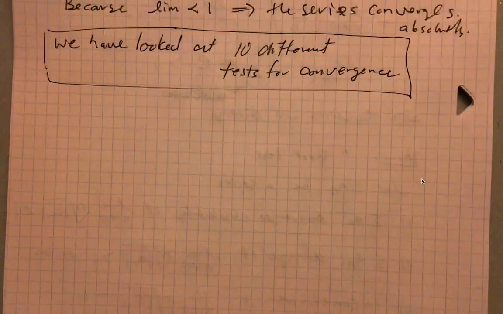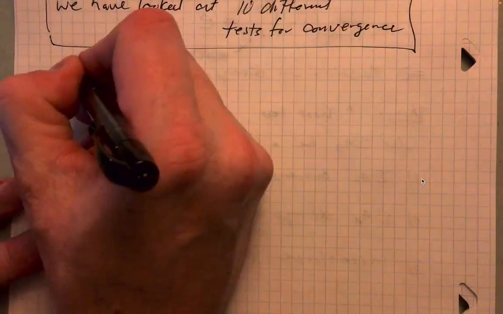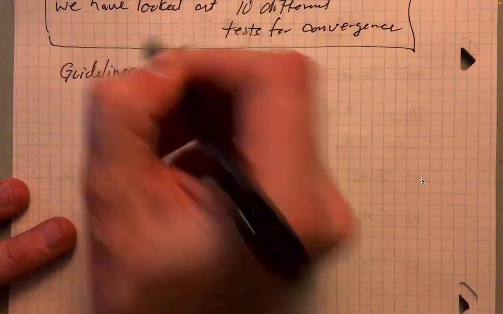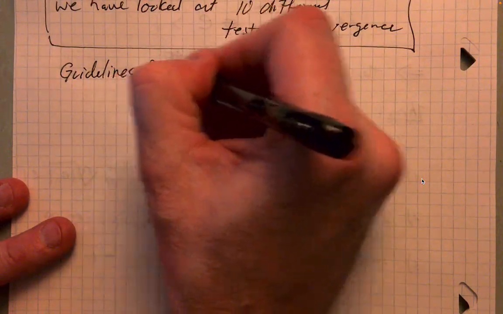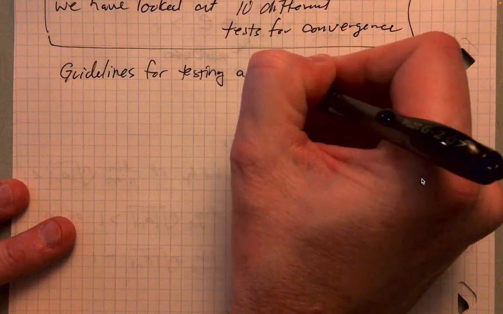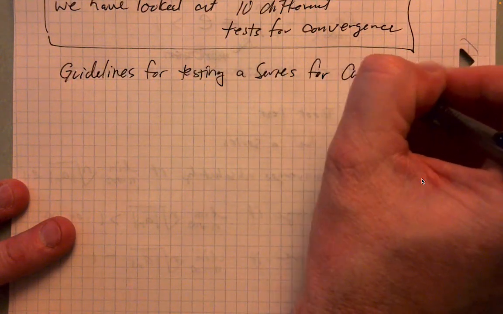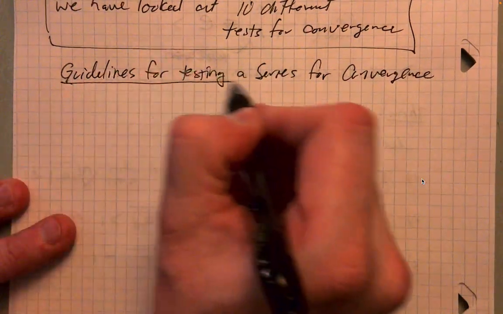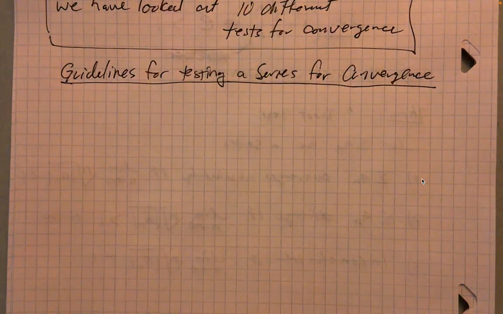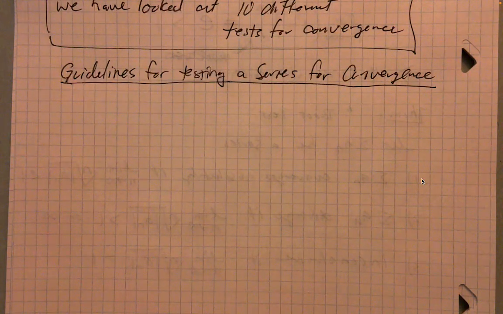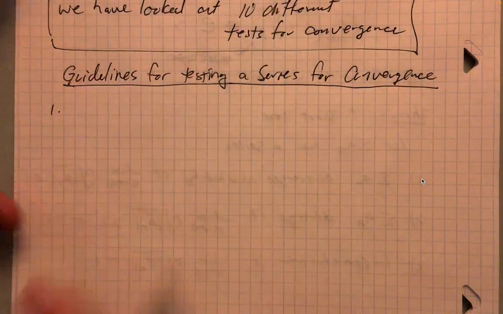Now, that being said, am I going to give you guidelines? Yeah, of course I am. That's what I'm about to do. So, guidelines for testing a series for convergence. You may have your go-to test. If it were me, the ratio test would probably be my go-to test if I can use that. If that one doesn't work, or I get an inconclusive result, or I can't find the limit, then maybe I look at the integral test, or maybe I do a direct comparison. So here's a good way to approach it,